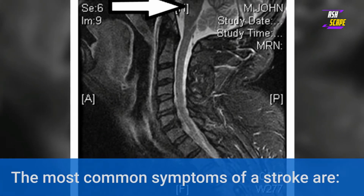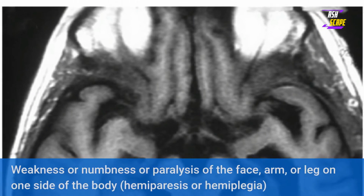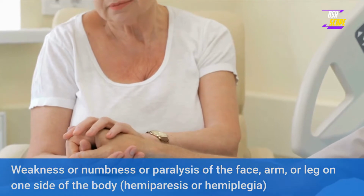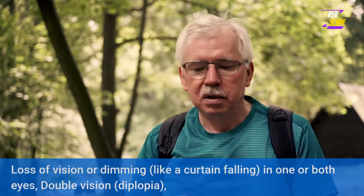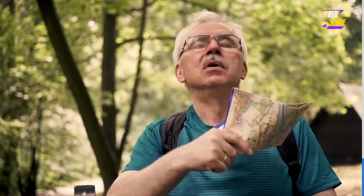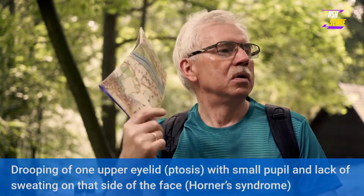The most common symptoms of a stroke are weakness or numbness or paralysis of the face, arm, or leg on one side of the body, hemiparesis or hemiplegia; loss of vision or dimming, like a curtain falling, in one or both eyes; double vision, diplopia; drooping of one upper eyelid, ptosis, with small pupil and lack of sweating on that